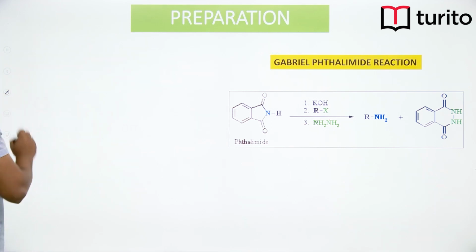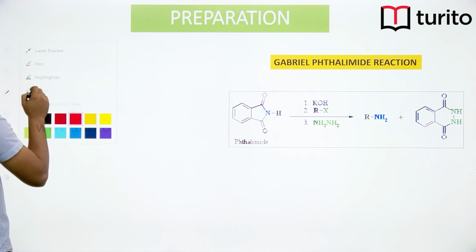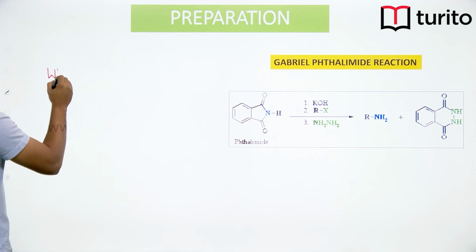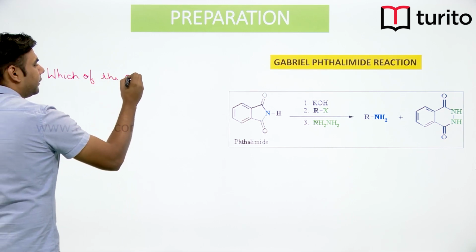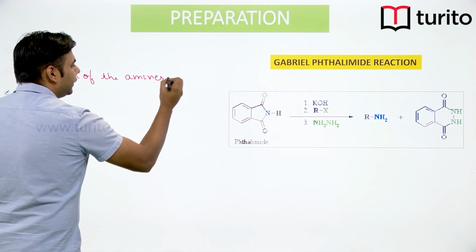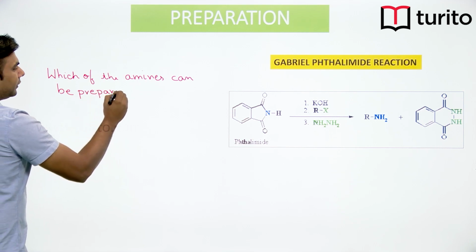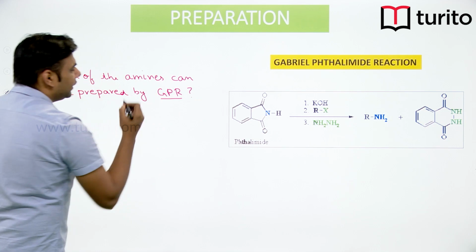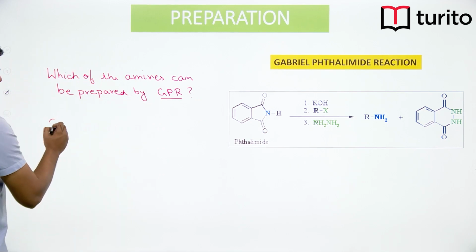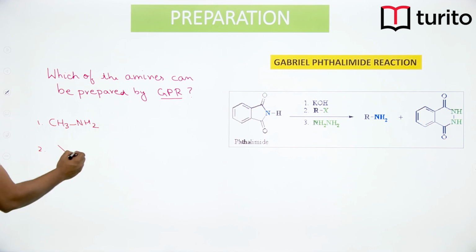Okay, so based on this, let's try to do some questions. A question that can be framed on this is: which of the amines can be prepared by the Gabriel phthalimide reaction? I am just abbreviating it as GPR. So this is basically the Gabriel phthalimide reaction. Now the options can be: first, methylamine, second, isopropylamine, third would be aniline,